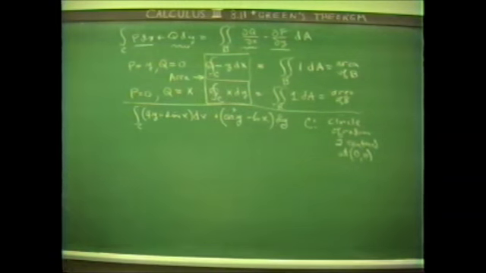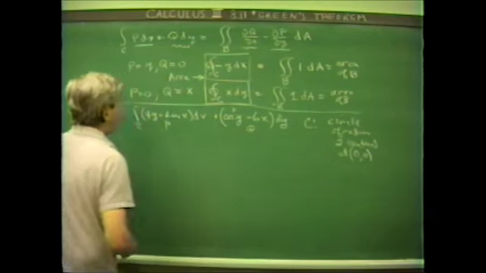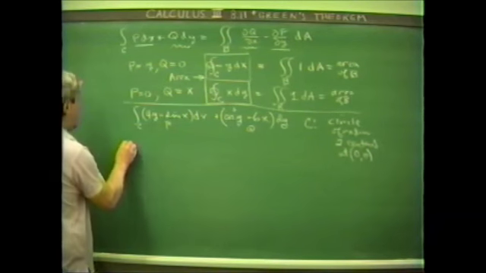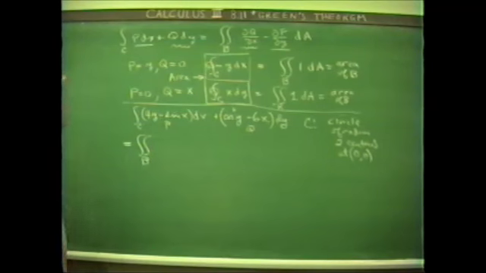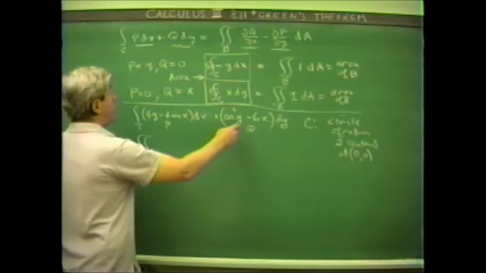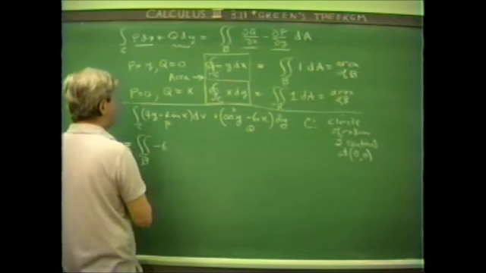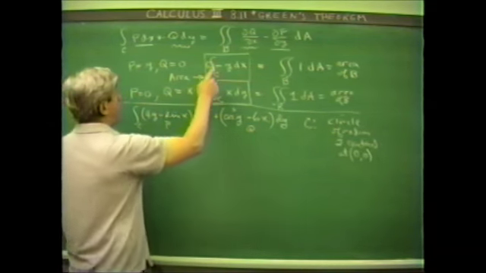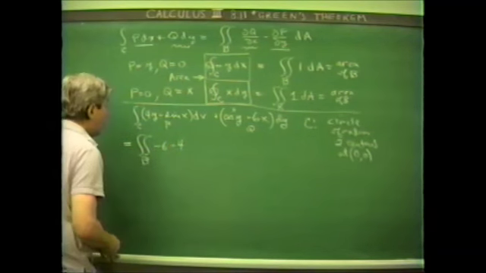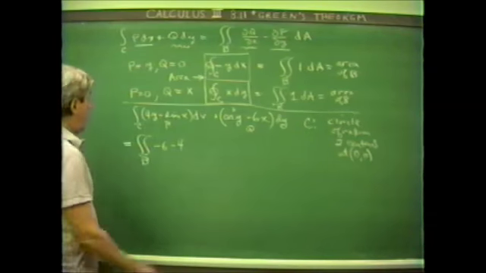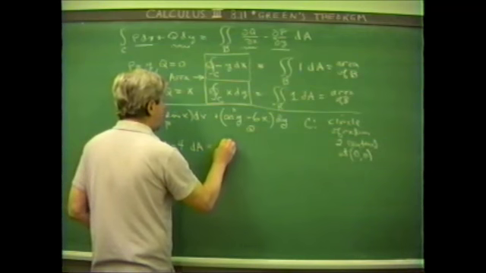Right. Then what? This is P dx plus Q dy, and Green's theorem says that this integral is equal to the double integral over the circle of radius 2 centered at the origin, of the partial of Q with respect to x, which is minus 6, minus the partial of P with respect to y, which is minus 4. Right? And we want to integrate this with respect to area, and so this is equal to minus 10